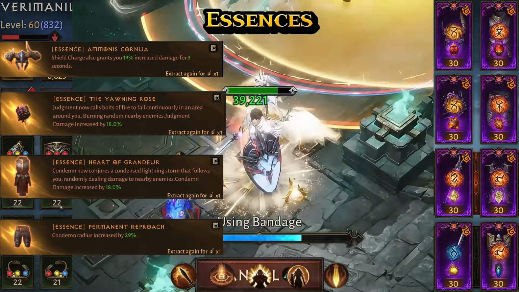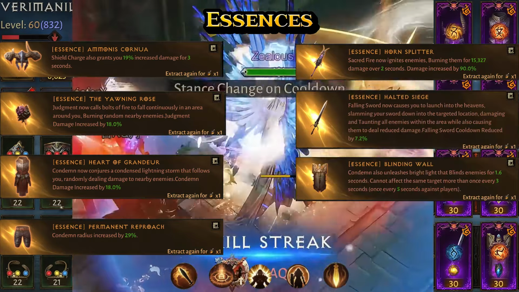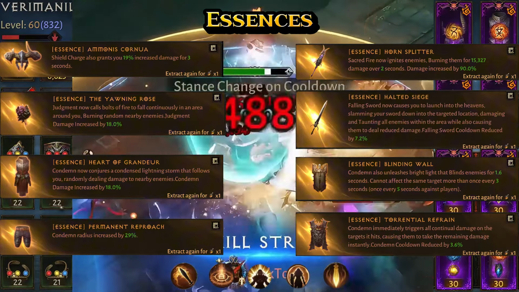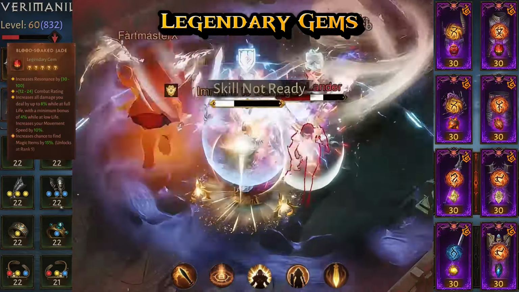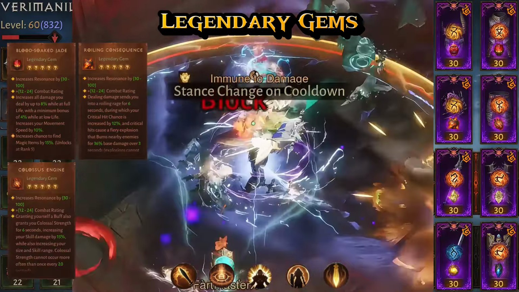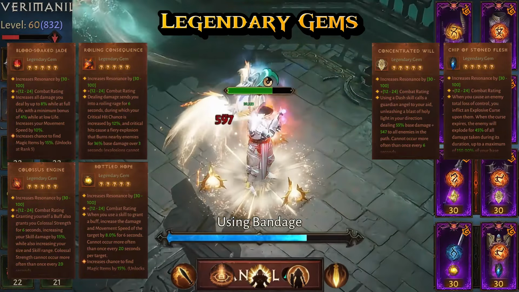For our main hands, we have the Horn Splitter and the Halted Siege, and for the offhands, we have the Blinding Wall and the Tormental Refrain. Next, we'll take a look at various legendary gems. We see a Blood-Soaked Jade, Rolling Consequence, Colossal Engine, Bottled Hope, Concentrated Will, Chip of the Stone Flesh, Golden Ferment,